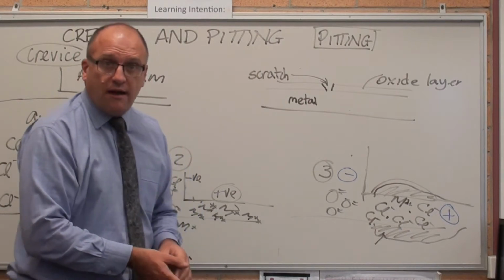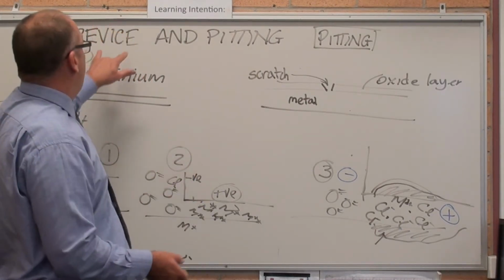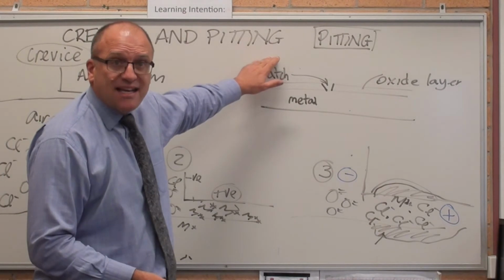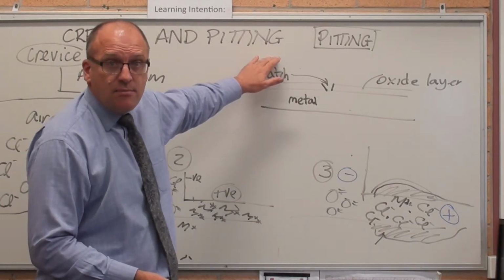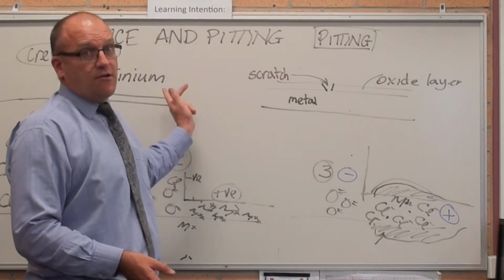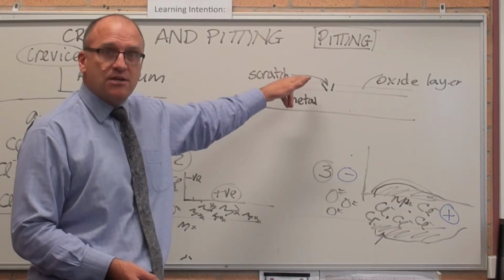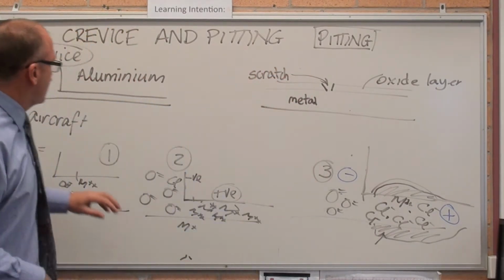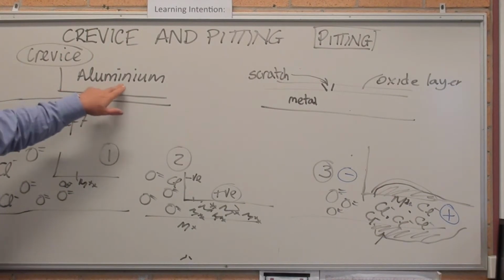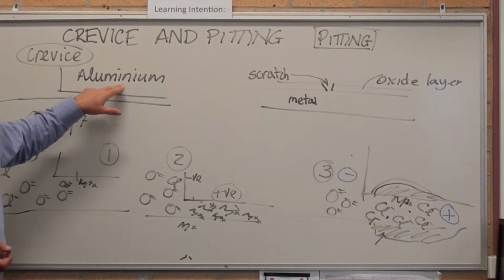Final part of corrosion is just crevice and pitting corrosion. Essentially, it's the same mechanism, but one of them happens in a crevice, one of them happens in a pit. Okay, so I've put the word aluminium here because crevice corrosion is one of the big reasons in aircraft skin